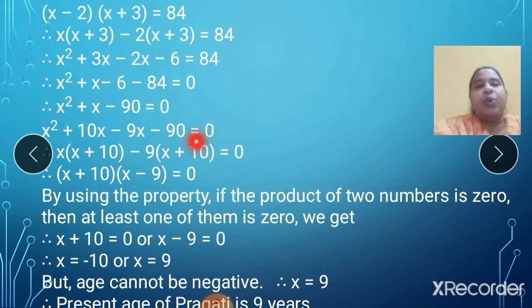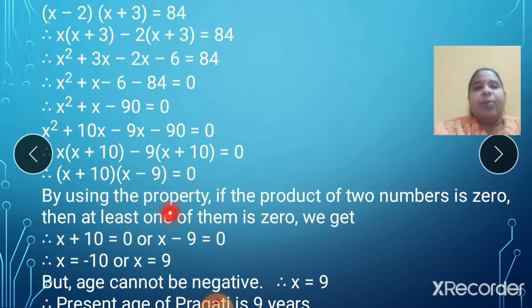From here I hope you remember the steps of factorization. You need to take common. So x in the bracket x plus 10. From here I hope you remember the rule. This term is minus. So minus will be out. Since minus is out, sign inside the bracket will change. See, this has become plus. Okay. So it is x plus 10. So two factors are x plus 10 and x minus 9 is equal to 0.